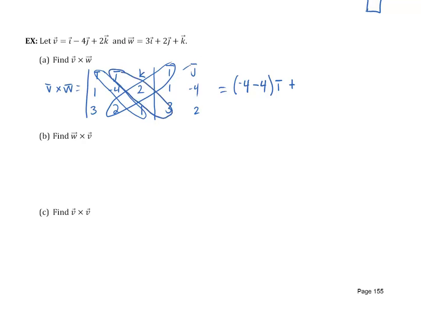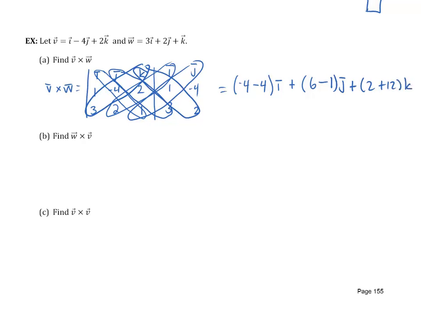Here's the back diagonal with the j in it. You've got 2 times 3, which is 6, minus a 1 times 1. So that's times j, plus, and now do the k. 1 times 2 is 2, minus a negative 4 times 3 is minus a minus 12, or plus 12k,